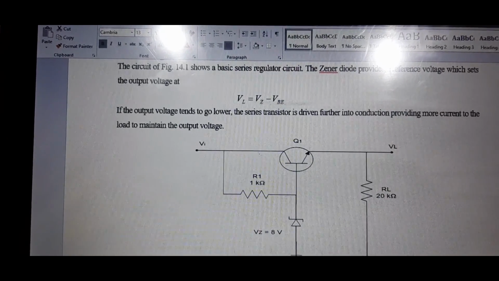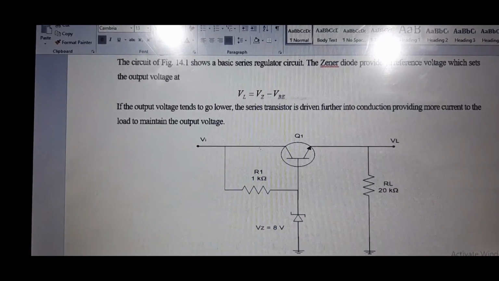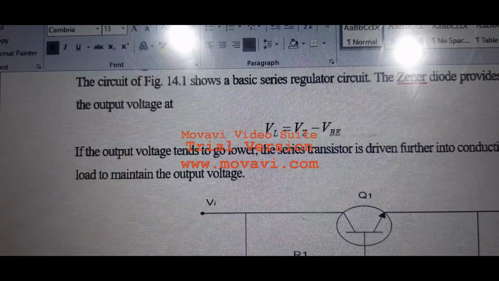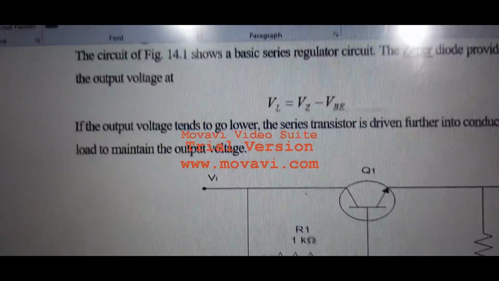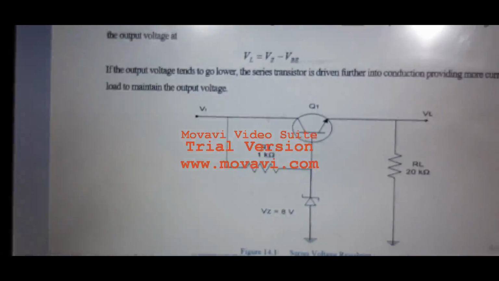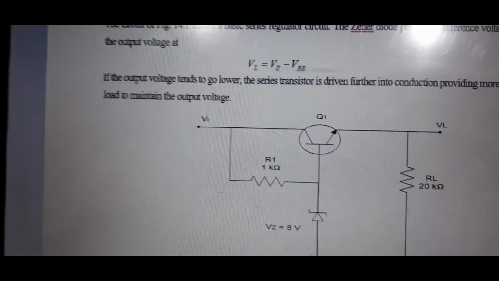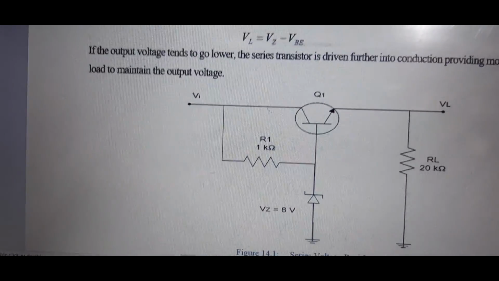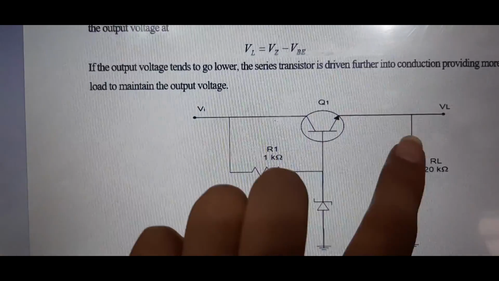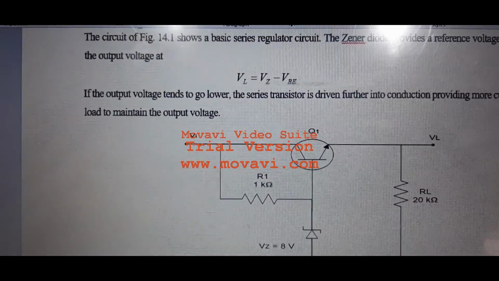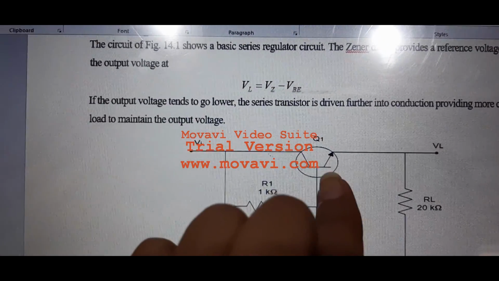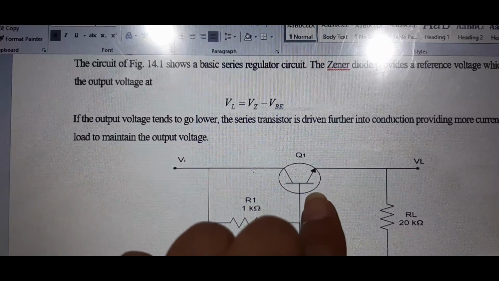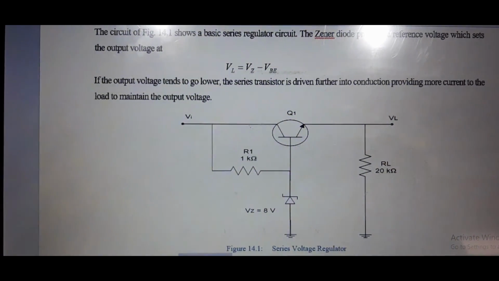The value of the output voltage, which is VL, will be given by this equation, VL equals VZ minus VBE, which is less than the Zener voltage, because if you see that this load resistance is connected across this Zener diode and this VB voltage, so the voltage present at this load will be this voltage minus this voltage, because there is a 0.7 volt difference. How the circuit will work